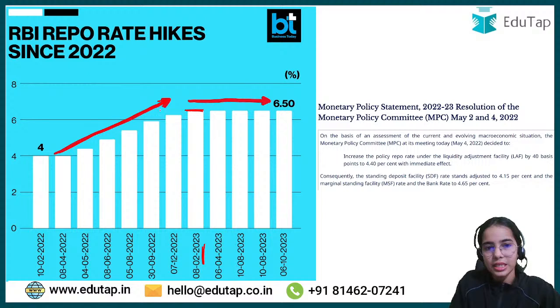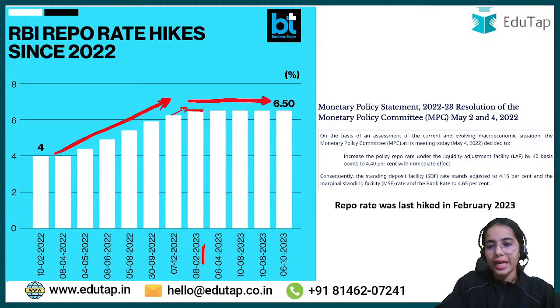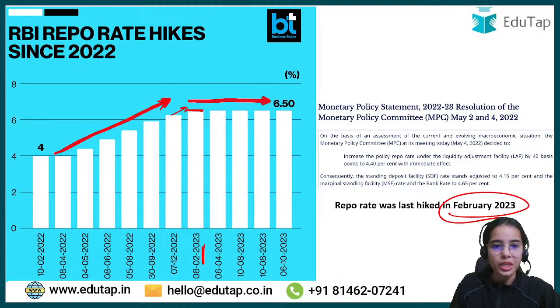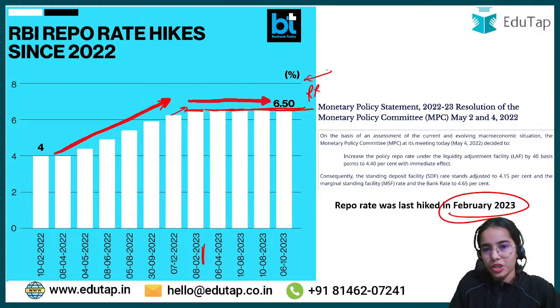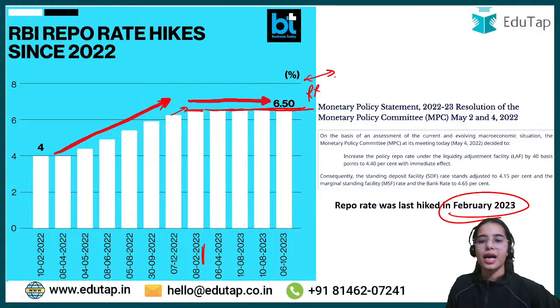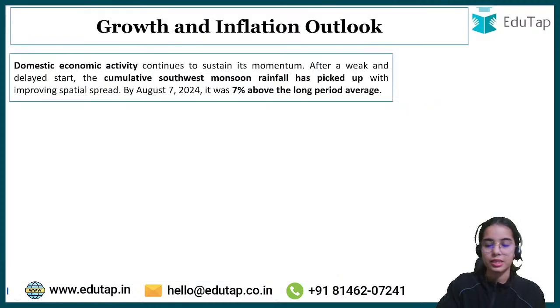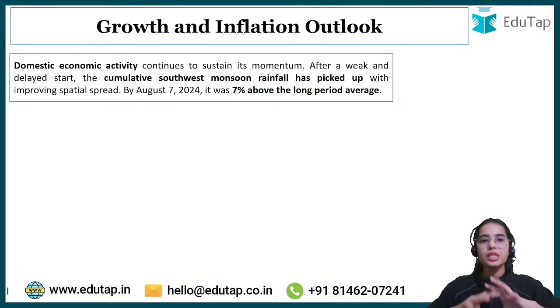There was the increase in rates that were happening. But after that, the last rate hike happened in February 2023. After that, the repo rate was kept unchanged. Okay, so the last rate hike happened in February 2023, and after that, the repo rate has been kept unchanged. Clear, everyone? Nice. Now moving forward, what is the growth and inflation outlook that has been given by the Monetary